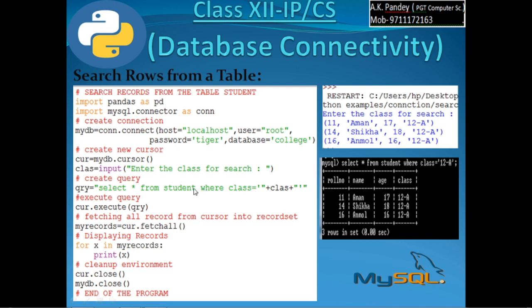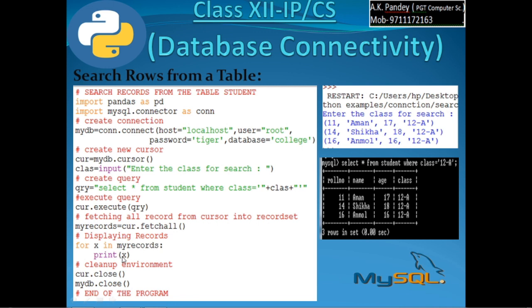After this, we execute the query as earlier, then fetch all records into myrecords, say a record set, and from the record set each and every row is accessed using for x in myrecords, print x.